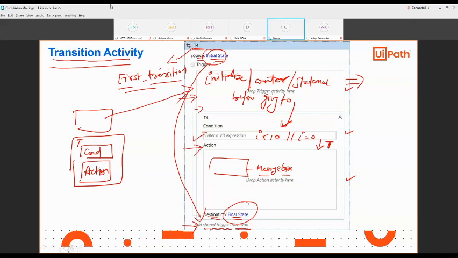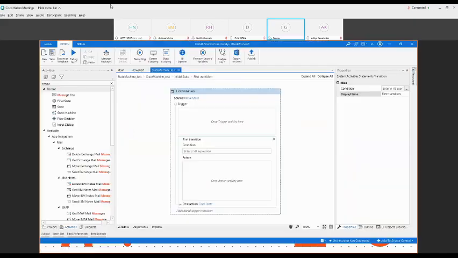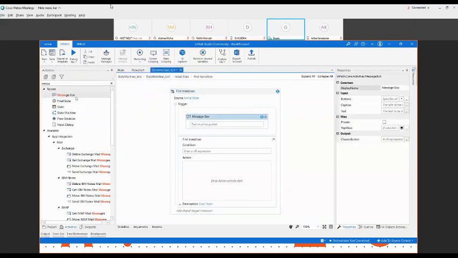Okay, I can just show you in the workflow. You can see this is my trigger. So I want to include a message box to see the flow, where it is showing the flow, how it is going.